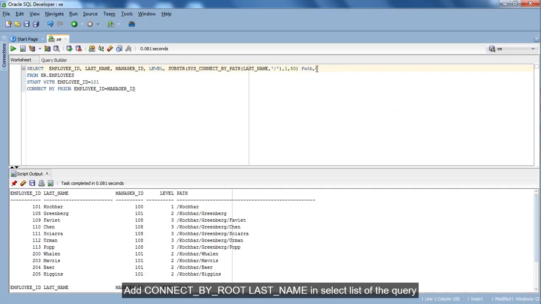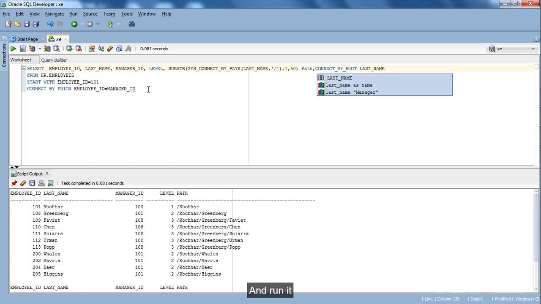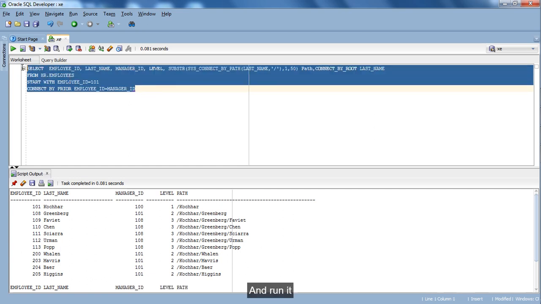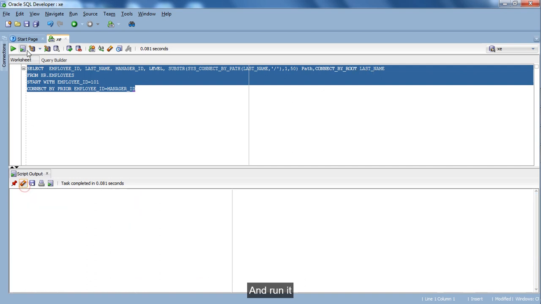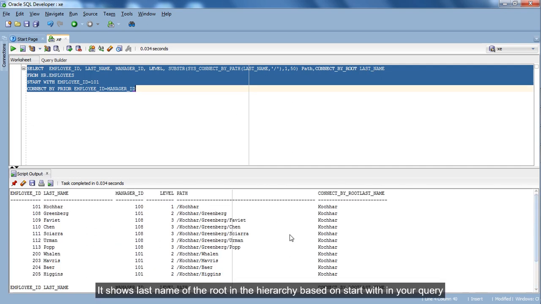Add connect by root last name in select list of the query and run it. It shows last name of the root in the hierarchy based on start with in your query.